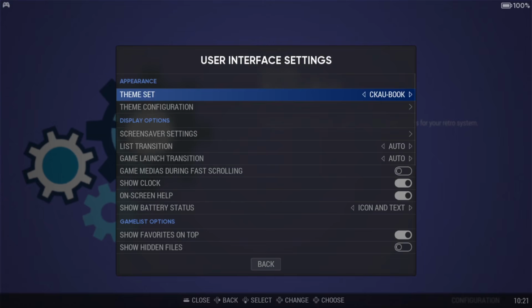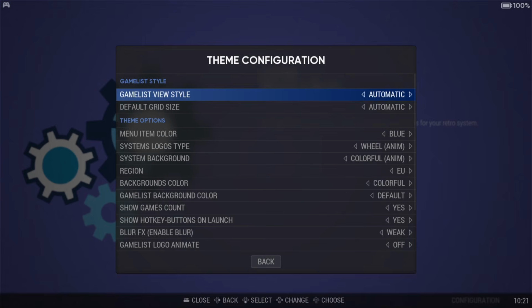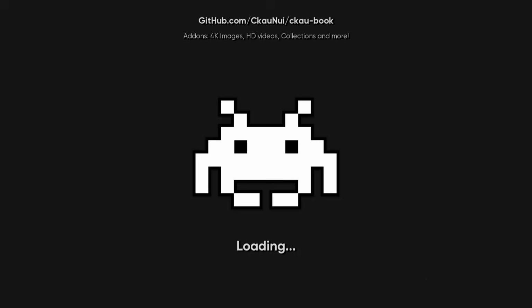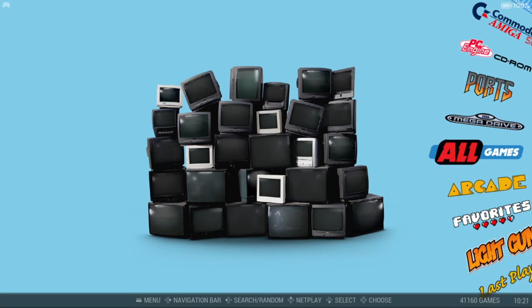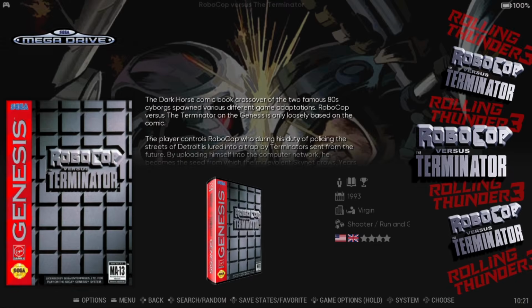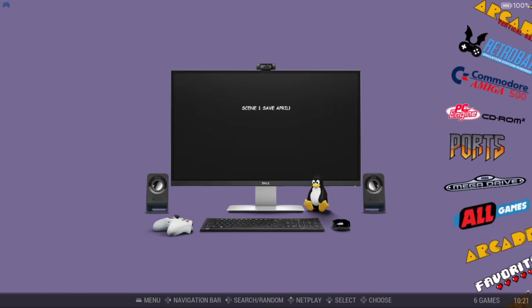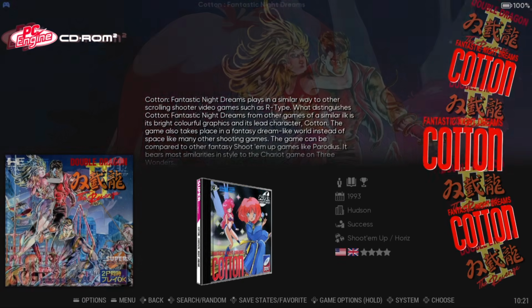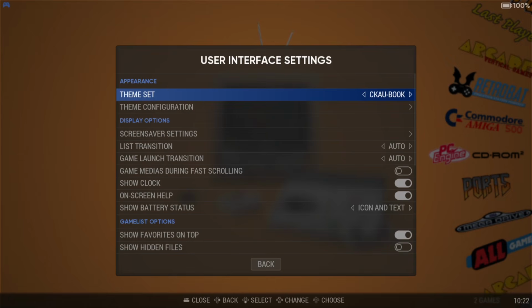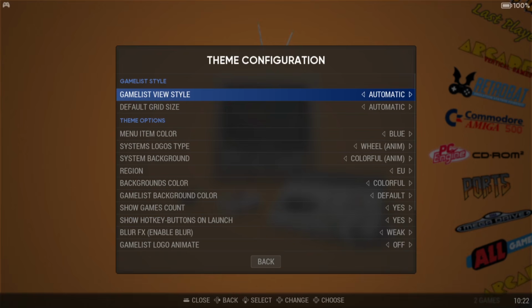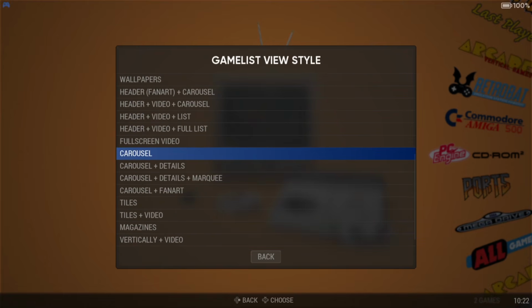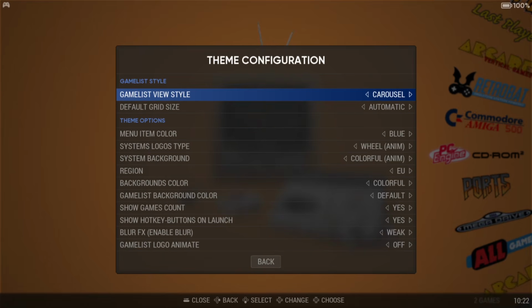So we're going to go back to User Interface Settings, and we're going to go to Theme Configuration, and just here we can actually change how games look. Now, for example, if I go into my Mega Drive folder, my games are presented like this. And the same if I was to go into PC Engine, so we've got the wheel on the right hand side. But again, if we go into the user interface settings, theme configuration, game list view style, we can change how all of this looks. So let's just go for carousel, for example. If I come out by pressing B,